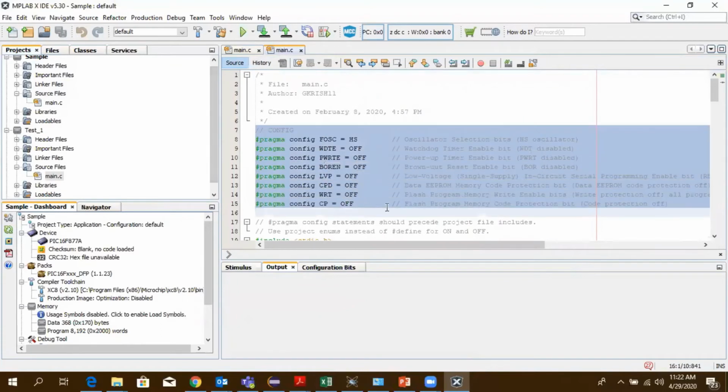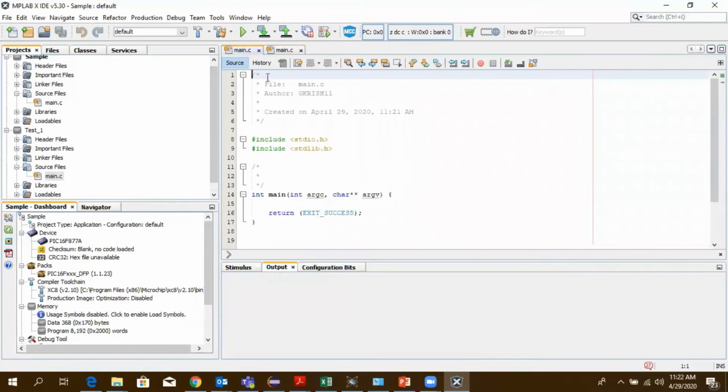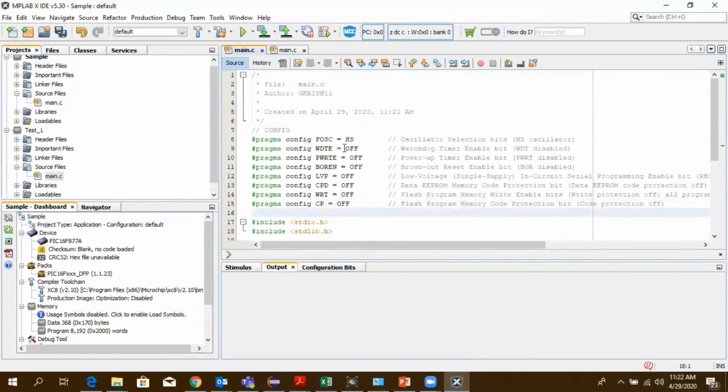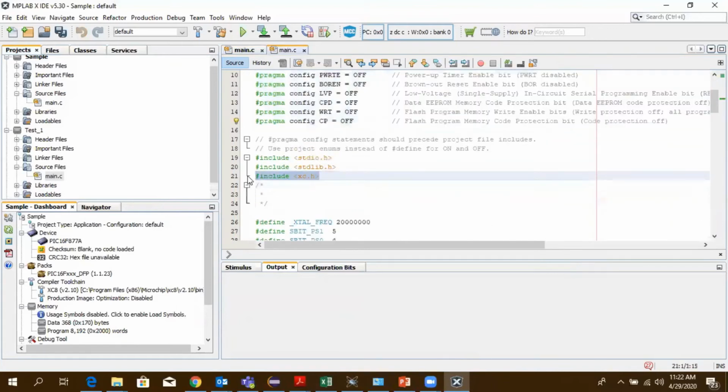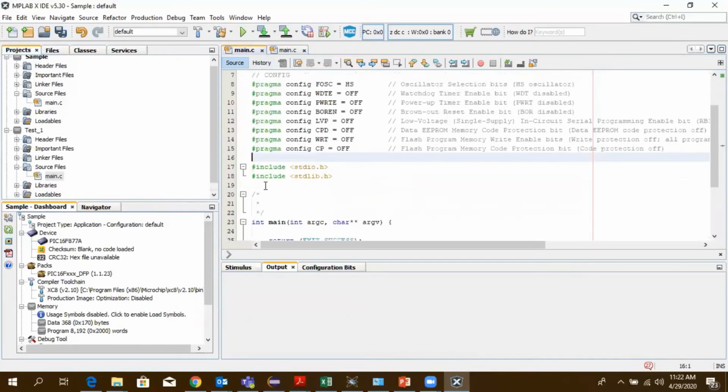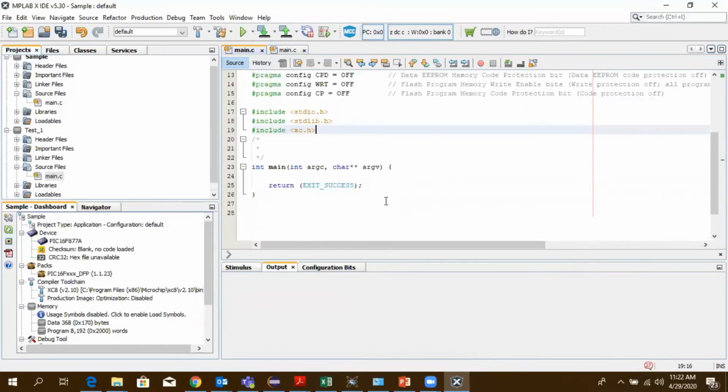I'm going to copy the configurations. This is mandatory. You will see the configuration bits in detail later, but for now, just copy the configuration lines, and you need to include xc.h.